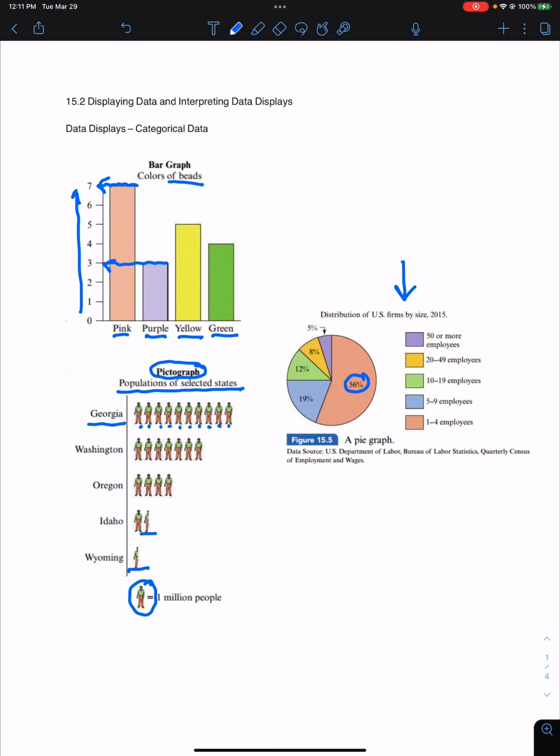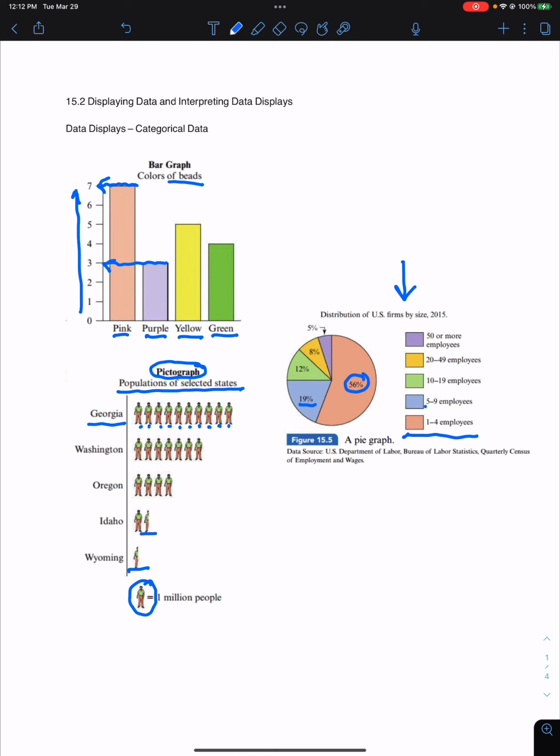So again, we have a key over here, and we can see that U.S. firms that have 1 to 4 employees are colored this peach color, and they represent 56% of all of the firms, at least that this person has surveyed in the U.S. They're saying it's all the US, so we can assume that they surveyed all of the US firms. So 56% are 1 to 4 employees,